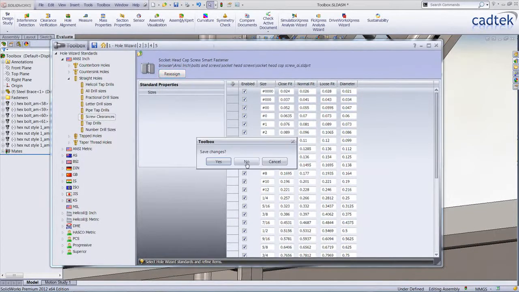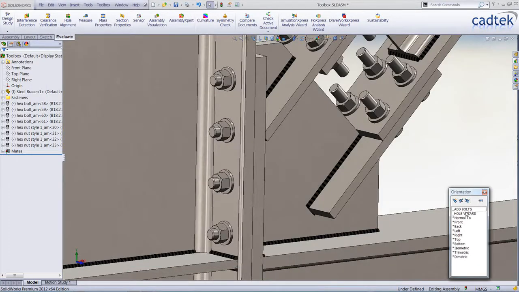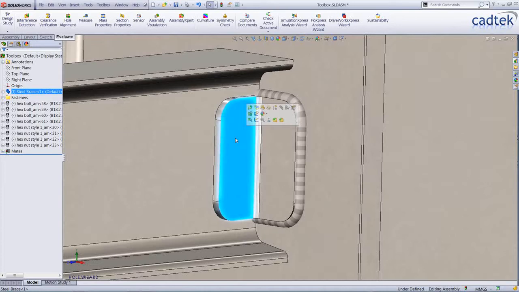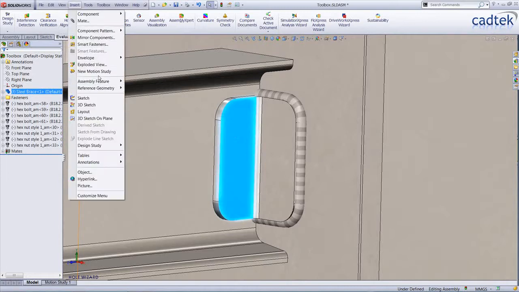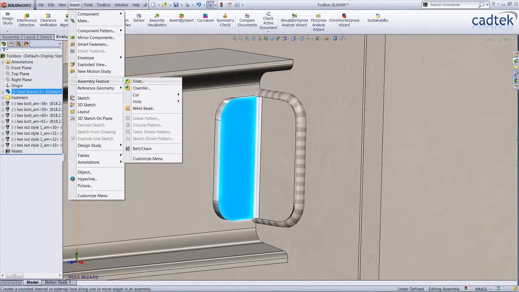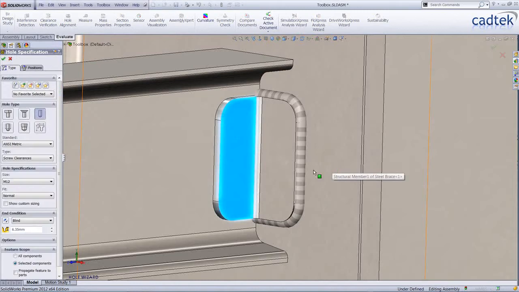While we're on the subject of the hole wizard, another change to the actual workflow for the hole wizard is the way that it actually adds holes. Now if you're anything like me, when you actually use the hole wizard, I generally tend to click the face first, and if we go to our hole wizard, so we're just going to go and insert our features, hole wizard, and we'll just choose a screw clearance just for M12 in this particular case,